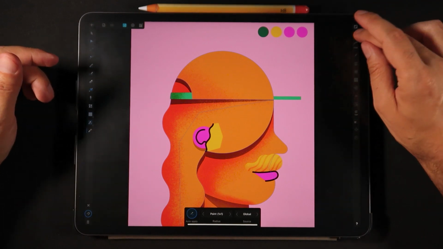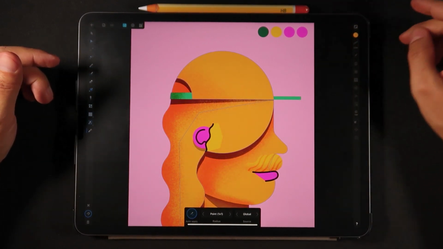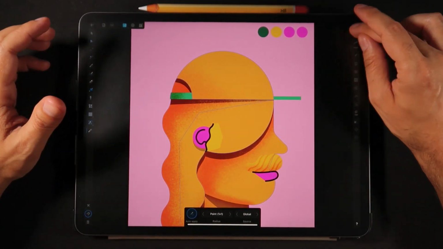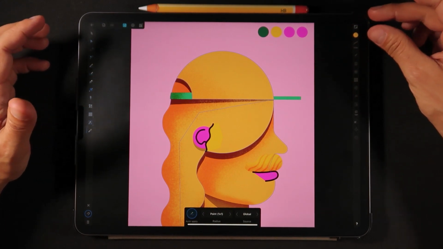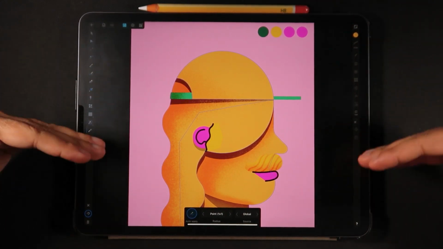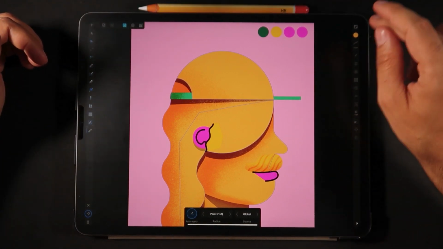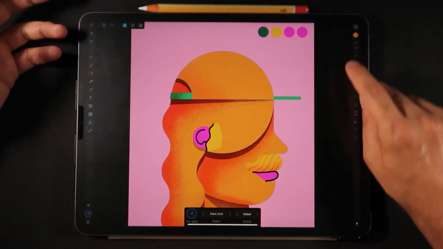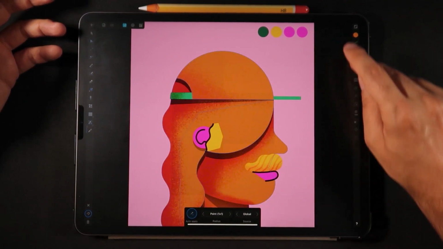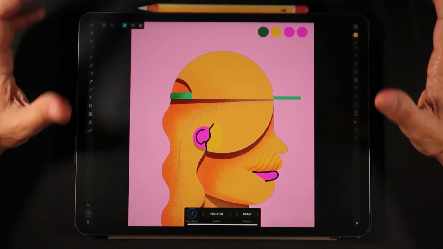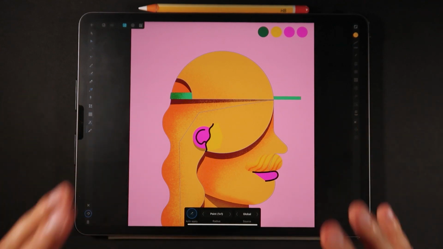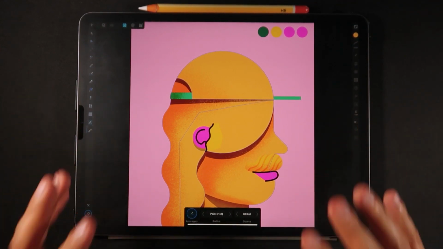Another thing I can do is slide upwards and make it brighter, but unfortunately in this UI, we only have so much real estate here at the top. So making things brighter is a little bit awkward. We don't have a lot of space to slide upwards, but we do have a lot of room to slide downwards. So this is something really powerful to quickly change the colors of multiple objects here in